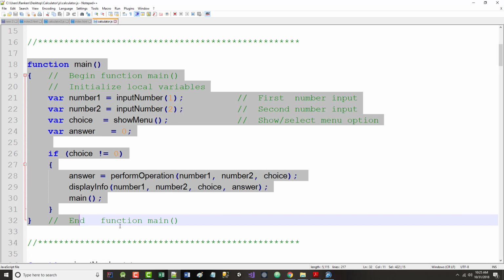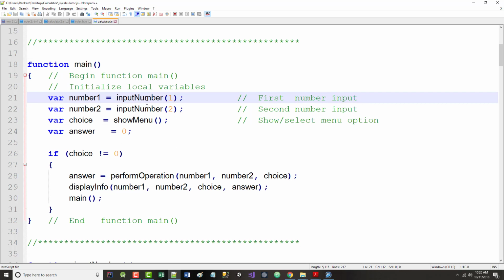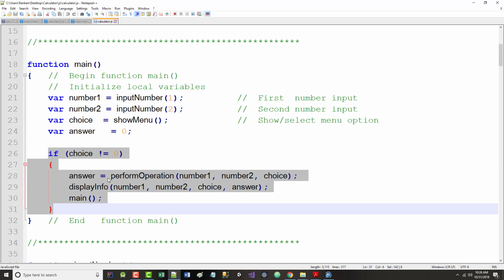All right? But if you notice in here, if you look up on the screen, main is now becoming what's referred to as a driver. Main is becoming a driver. And the idea behind that is main should be like a supervisor. Rather than main doing the work, main should be calling different routines to do the work. So main here is calling input number, and input number again, show menu,